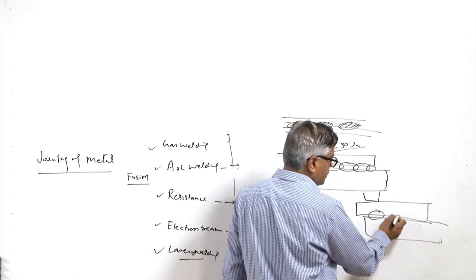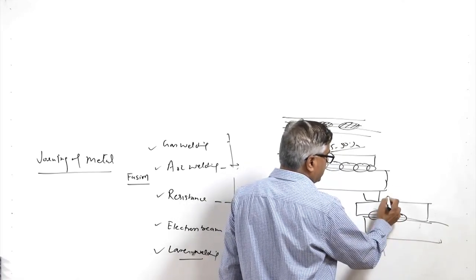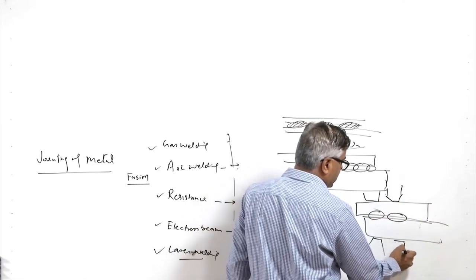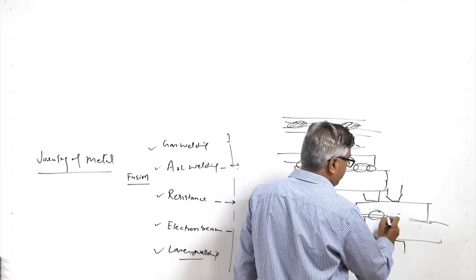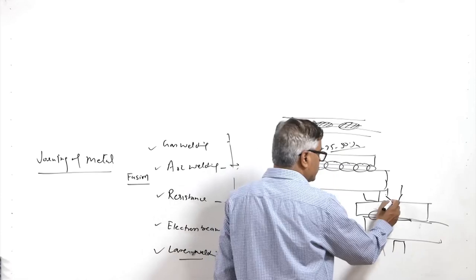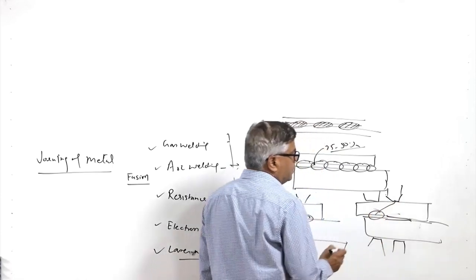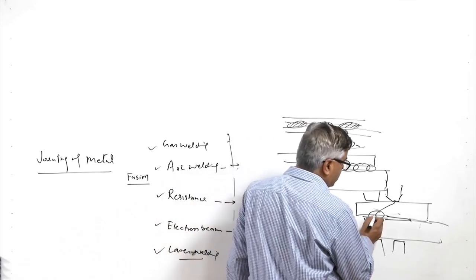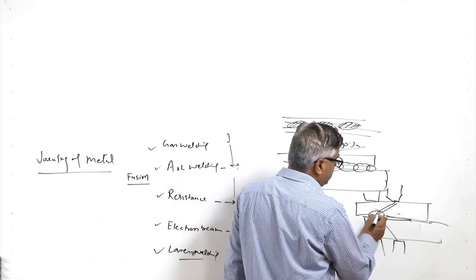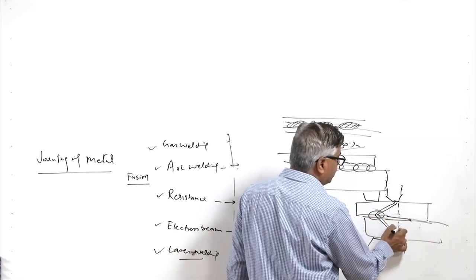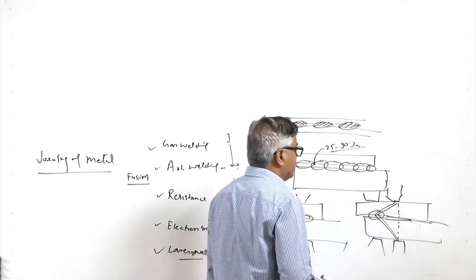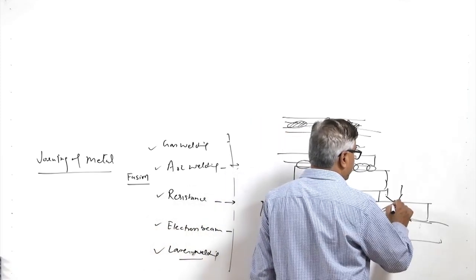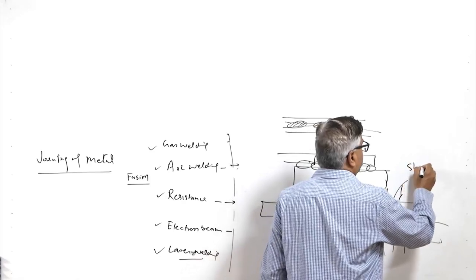Thereafter, if another spot is to be made, then shunting of the current will occur, which means that although the electrode positions are these, at this location there is no metallurgical continuity initially. So the current will flow through the already developed nugget to complete the circuit. This leads to reduced flow of current through the location where the nugget is actually to be made. This kind of effect is called a shunting effect,